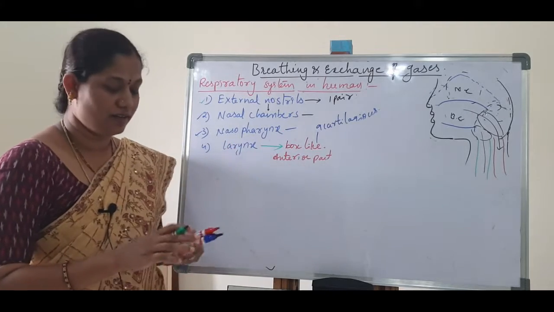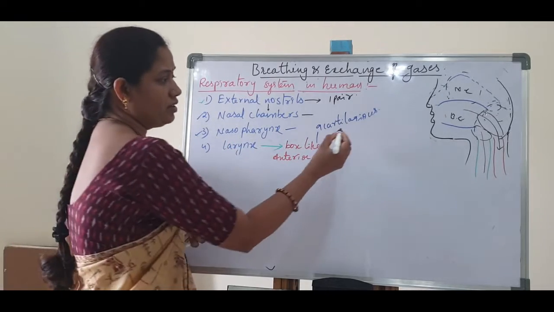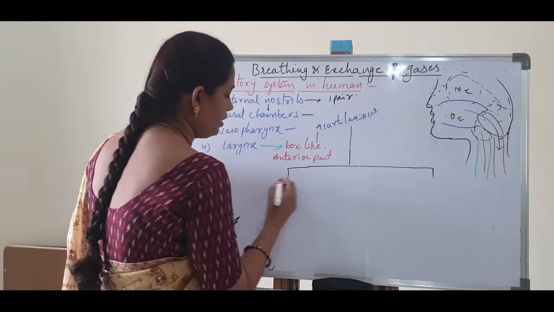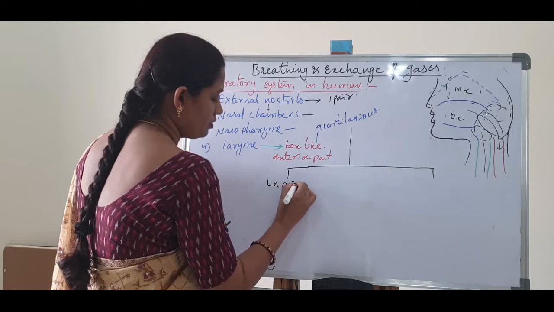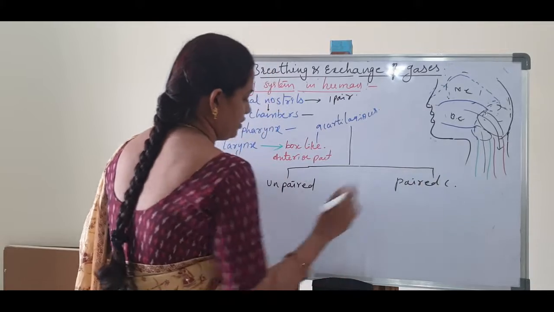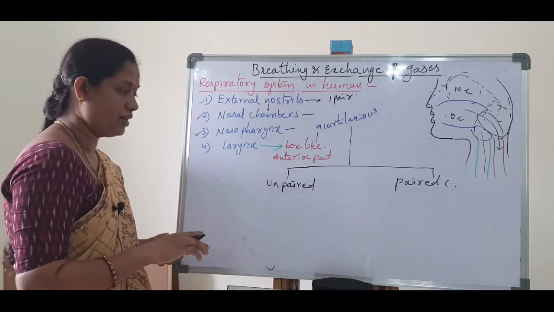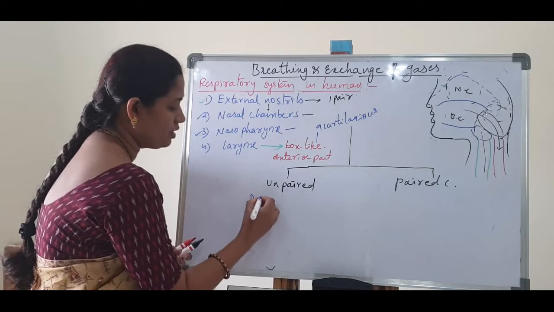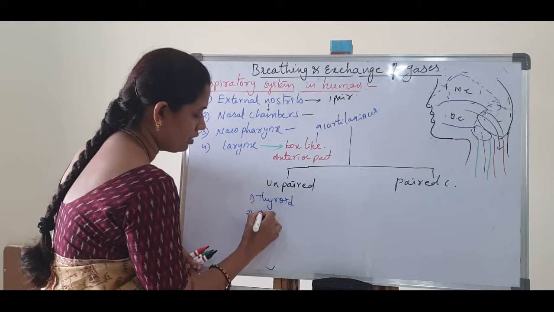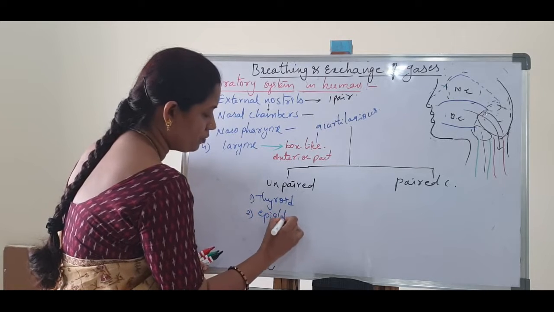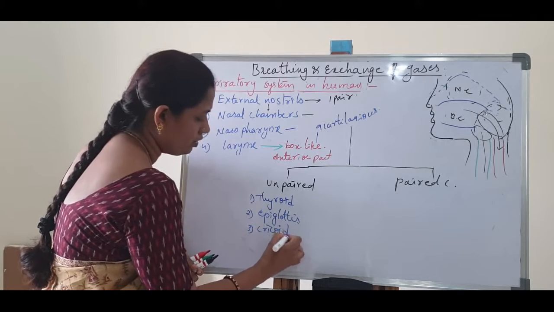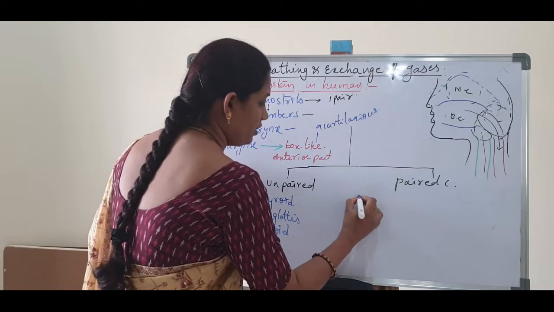The larynx is made up of 9 cartilages. These 9 cartilages can be classified into 2 groups: unpaired cartilages and paired cartilages. The unpaired cartilages are the thyroid cartilage, the epiglottis, and the cricoid cartilage. Paired cartilages are